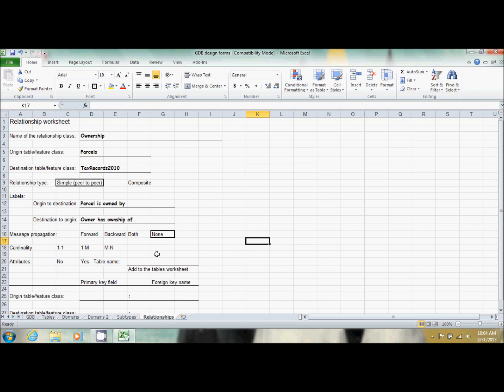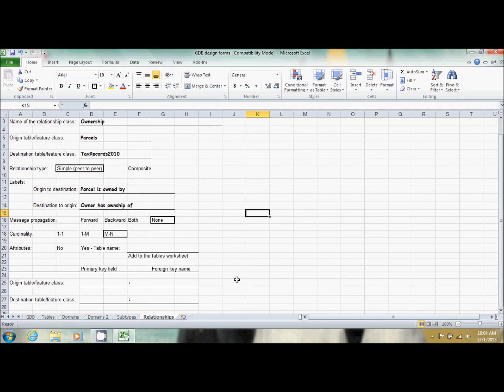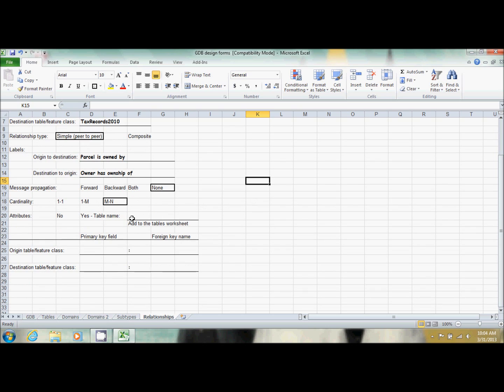So I don't know why they use the abbreviation MN. Maybe it's many to numerous. I don't know, but that's the one that they want us to choose. I don't know why they don't just use M to M. It just seems to make more sense to me. But moving on,